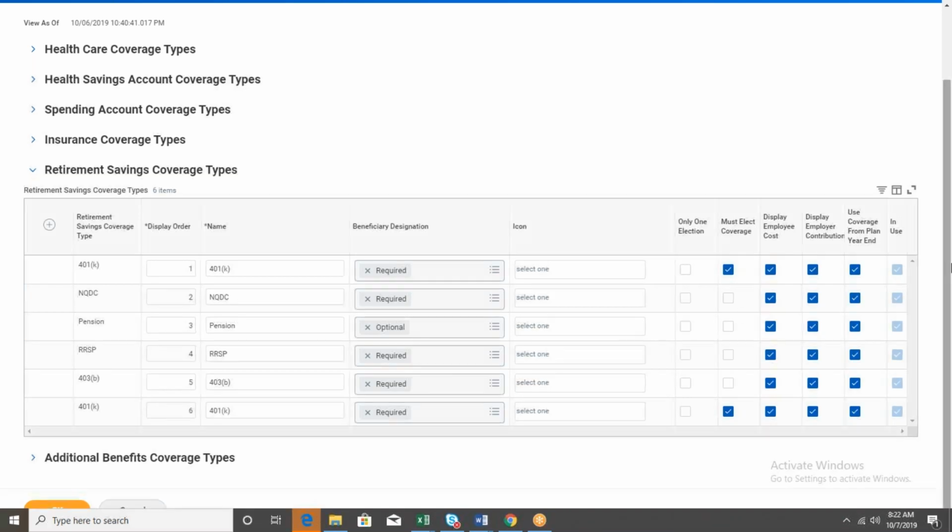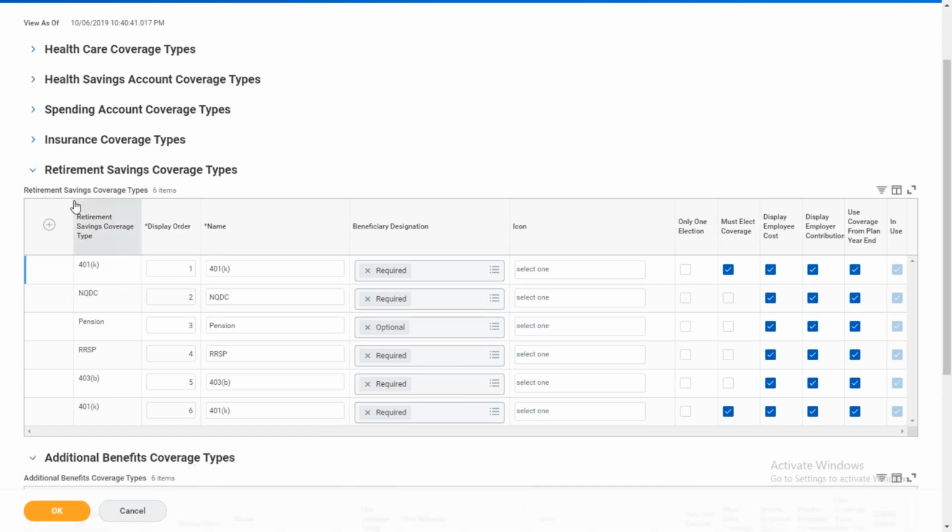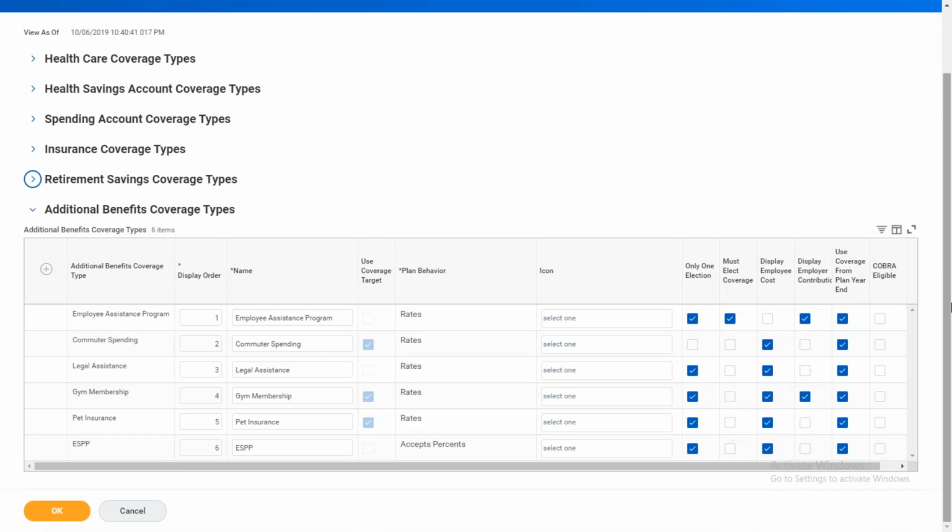Okay. Then additional benefit coverage types, these are very simple, like commuting benefits. For example, you are traveling from a far city to your office, then your company might give a commuting benefit. They will give you a train ticket, or they may give gasoline allowance or benefits. Or legal assistance, gym membership, or if you have pet animals, they will give pet insurance. So these are nothing but additional benefit coverage types. It will differ from country to country.